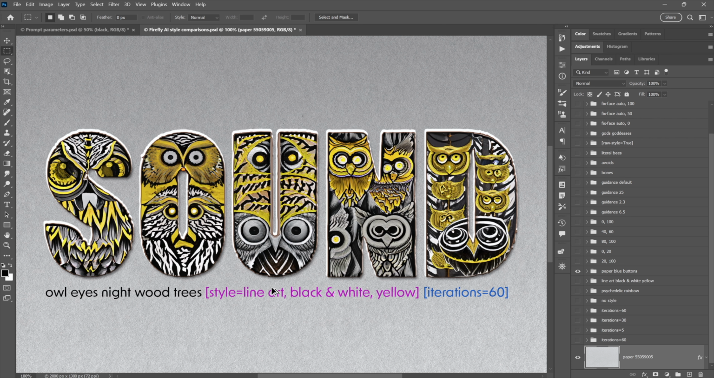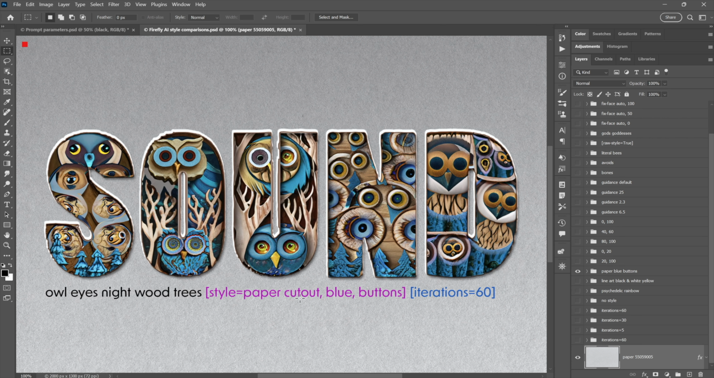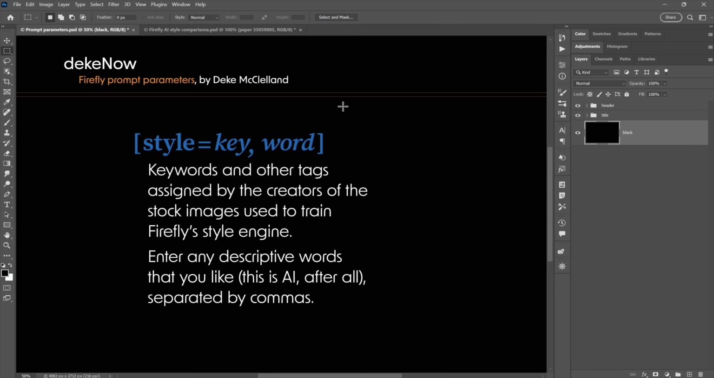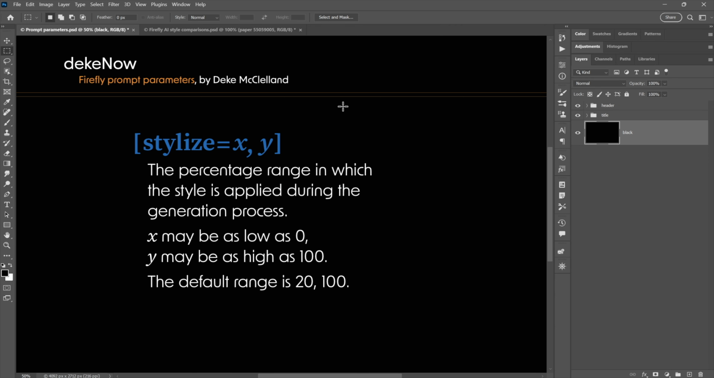Very much cool. All right, next we've got paper cutout, 2 words, not separated by a comma, blue and buttons. Just thought I'd try that, but I'm not sure how successful the buttons were, but I think everything else worked out quite nicely. All right, moving right along. Let's see the next tag, which is stylize equals XY. All right, so this is a little